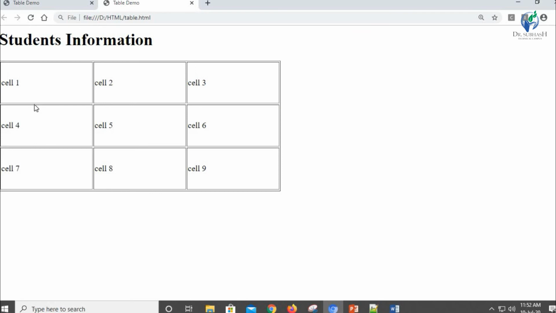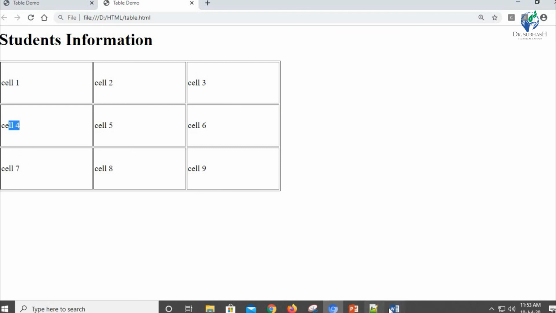Similarly over here we need to merge cell 2 and cell 3 of your first row. When two different cells of the same row are merged, it is called colspan, and when cells of different rows are merged, it is called rowspan.